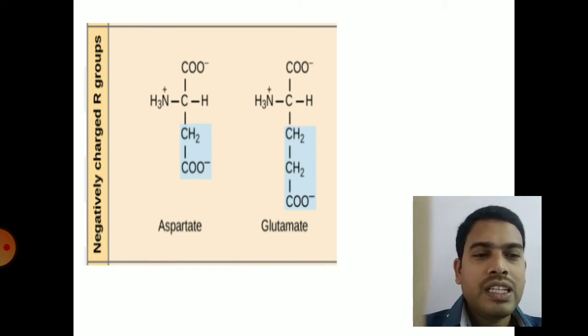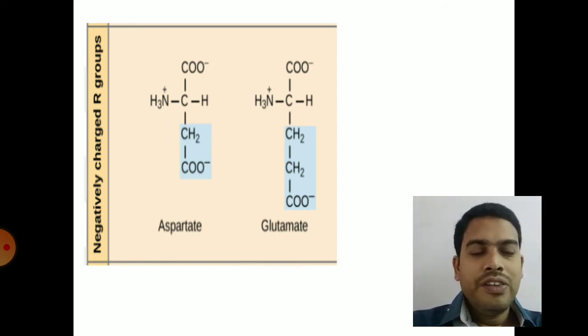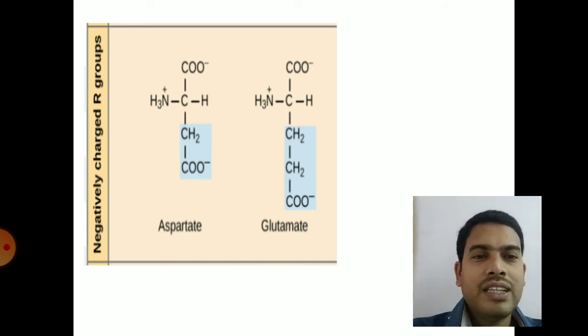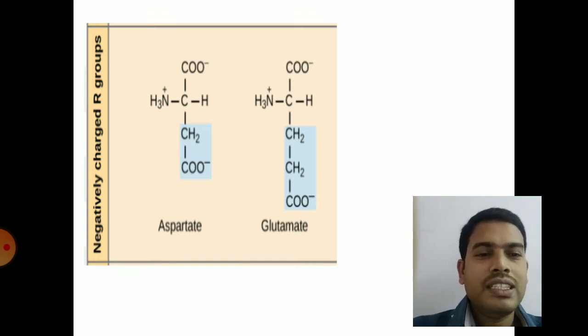So they play an important role especially in amino group transport or amino group transfers in the urea cycle or Krebs-Henseleit cycle. So that is aspartic acid and glutamic acid, which are acidic amino acids. So why are they called acidic amino acids? Apart from the amino and carboxyl group, they contain an extra carboxyl group. Hence they are called acidic amino acids.